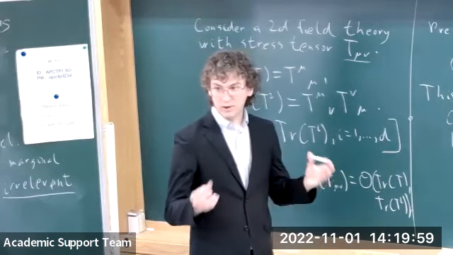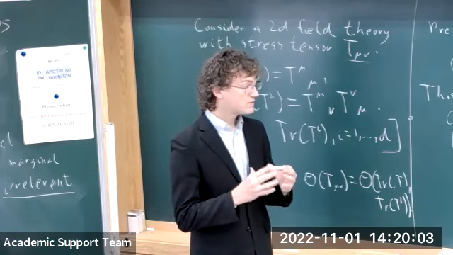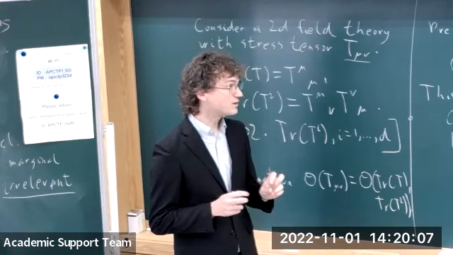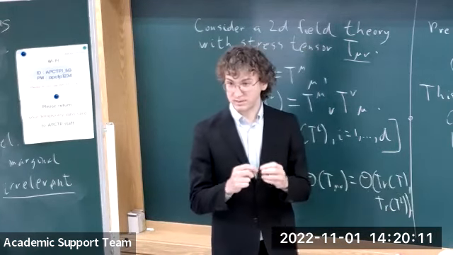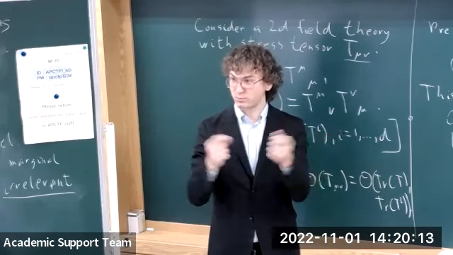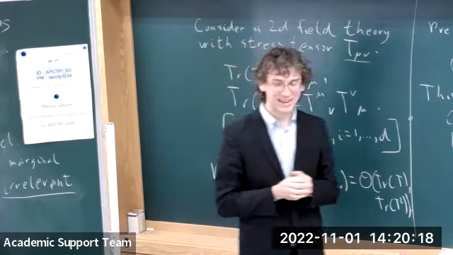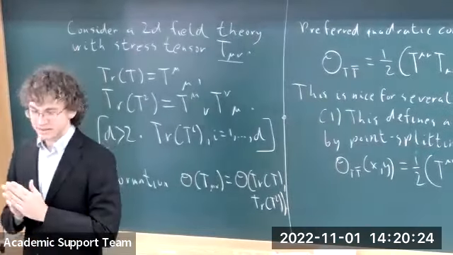If you try to do it, say, on a sphere, you'll run into issues with some steps of the derivation because, for instance, in order to prove this so-called factorization property of TT bar, which I haven't written down yet, you want to use a type of cluster decomposition where you take insertion points far away, and you won't be able to do that on a sphere. So in the sphere case, parts of this will apply, such as the definition by point splitting, but other parts like the factorization will not apply.